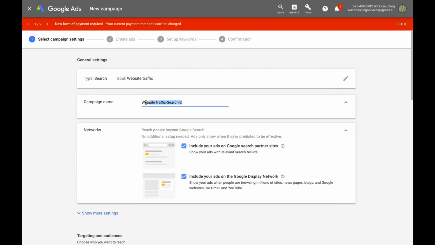One is, what do you want to name this campaign? Now, we talked about before the idea of naming the campaign based on the criteria associated with who you want to get in front of and for what product or service. So it's really helpful to have that listed here in as great a detail as possible. Everyone comes up with their own kinds of acronyms and other kinds of shorthand for what you're trying to do. So say you're doing a search campaign, you would type search here, and then maybe you say that you want to,